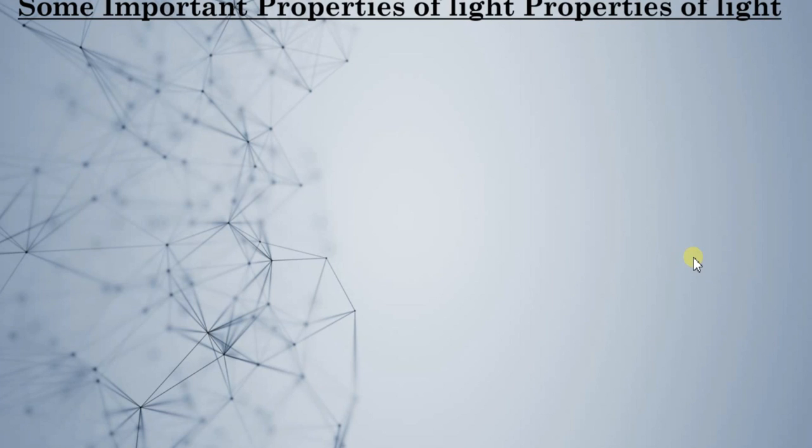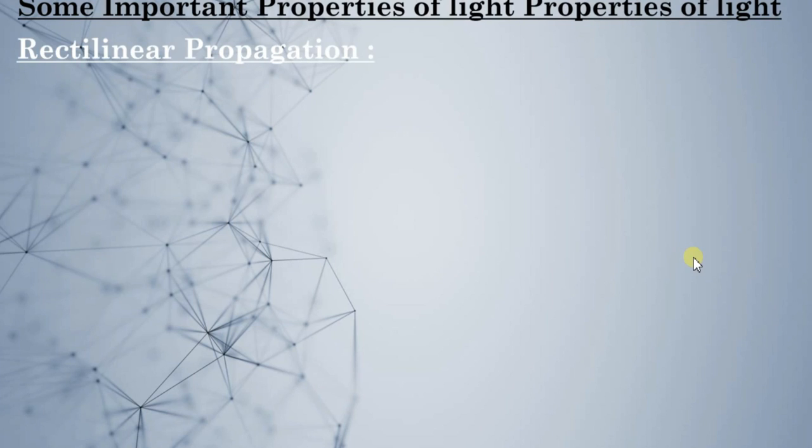The first one is rectilinear propagation of light. Here the word rectilinear has the word linear, a line, which is going to be 180 degrees. It is going to be straight, no bends, nothing. So the light here moves in a straight line. The name itself indicates it: the property of light propagating in a straight line is called the rectilinear property.